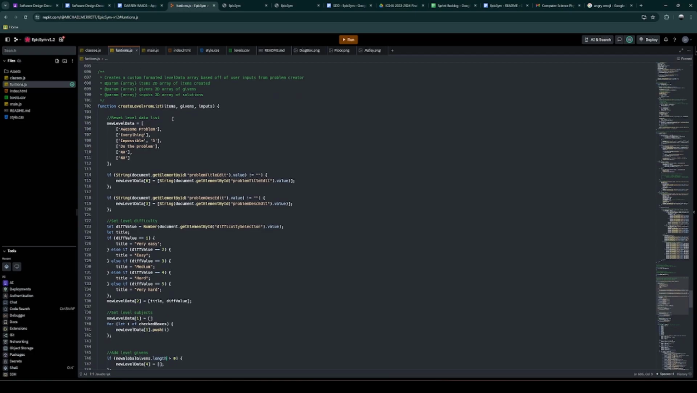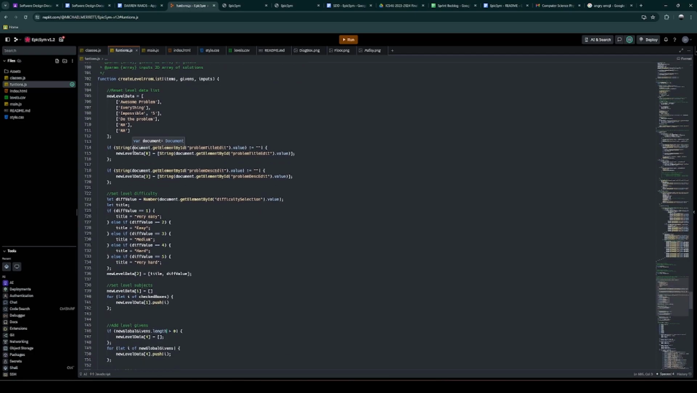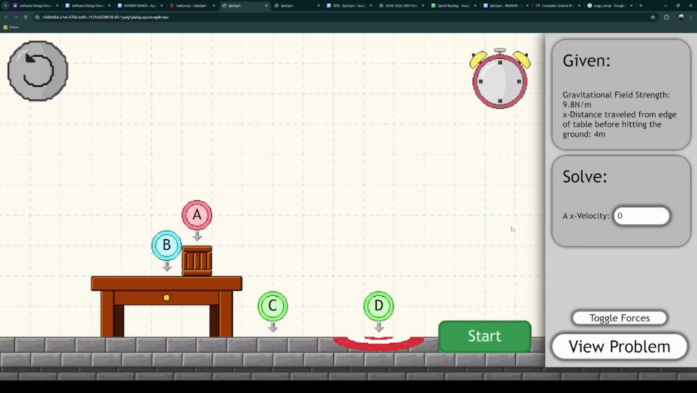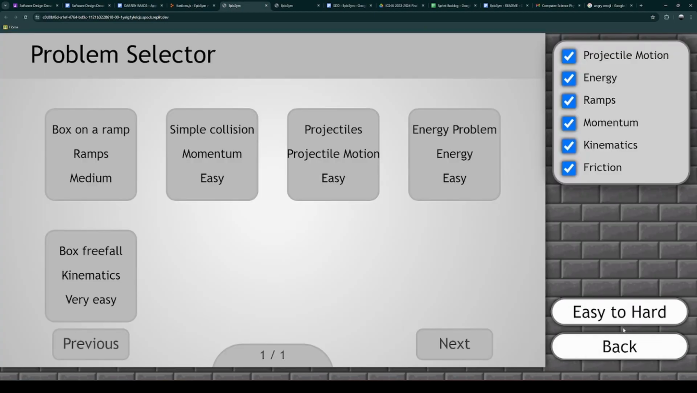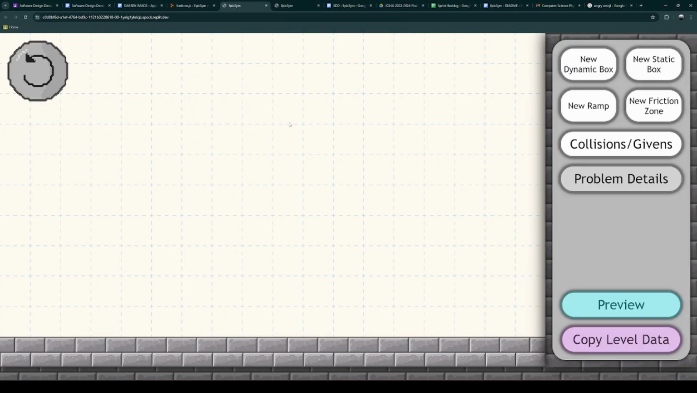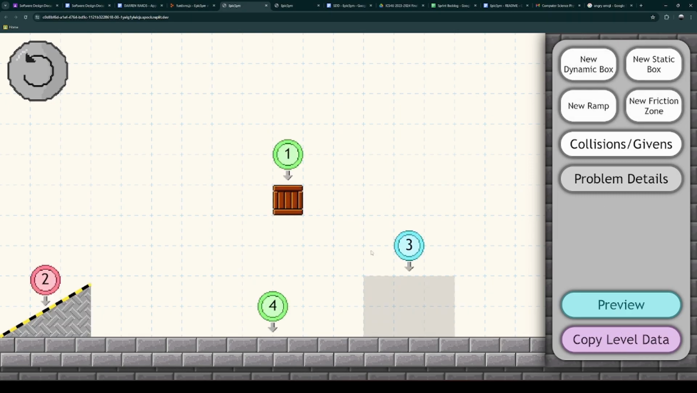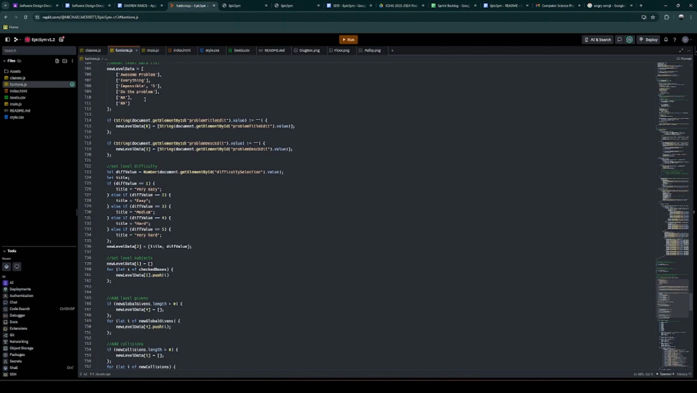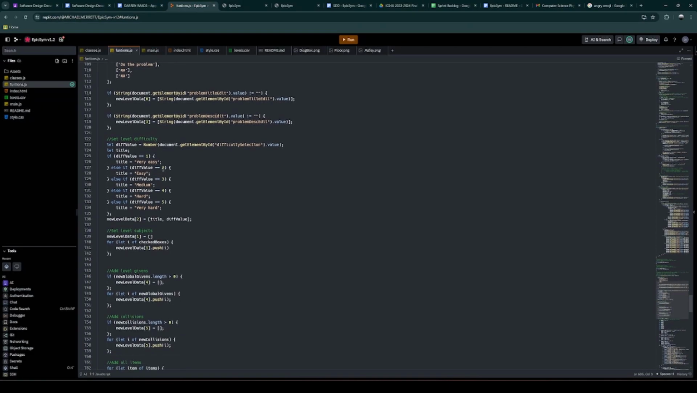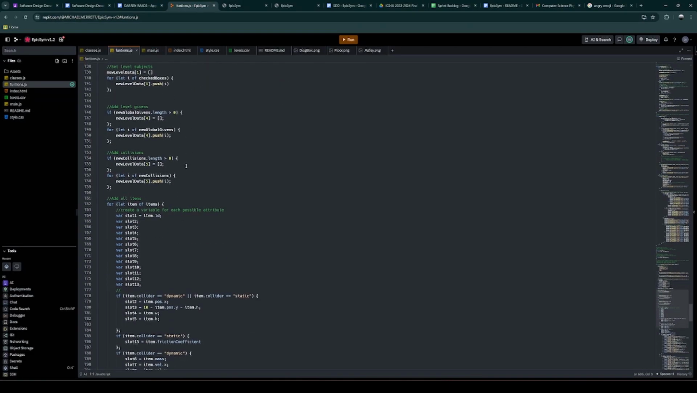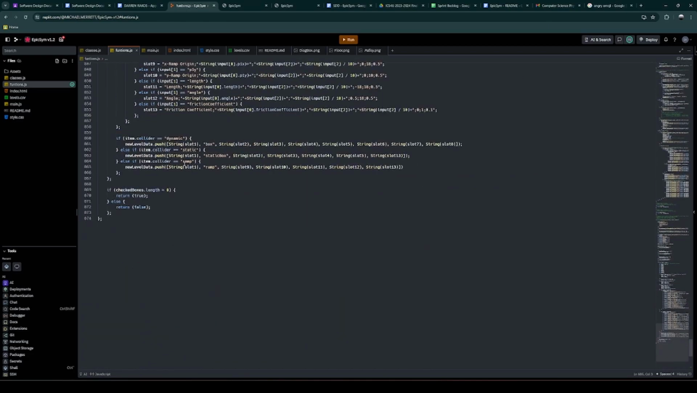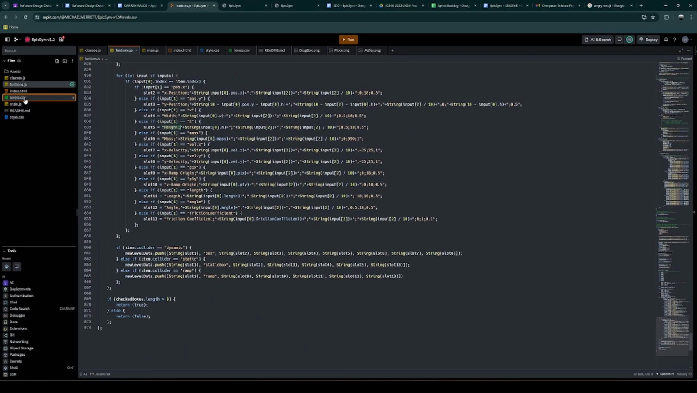And then create level from list is an important one, because this is for the problem creation screen, this one here. And this is when you hit copy level data, it'll take everything on that you've added to this screen, and it will format it into the CSV format and then copy it to your clipboard. And speaking of CSV,